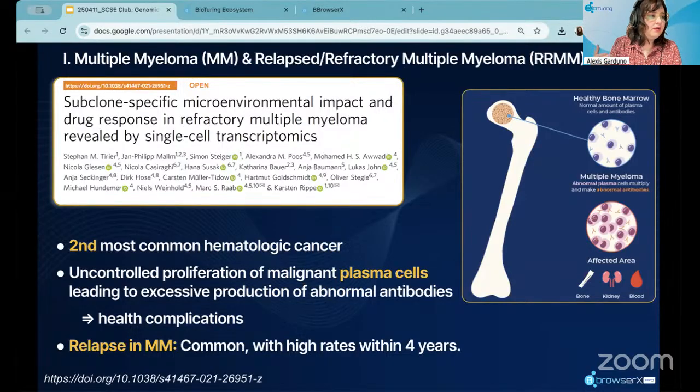So particularly, this hematological malignancy, multiple myeloma, is characterized as a plasma cell malignancy, which originates from the bone marrow, and it represents the second most common hematologic cancer across the oncology space. In terms of why we want to focus on this particular hematologic cancer,